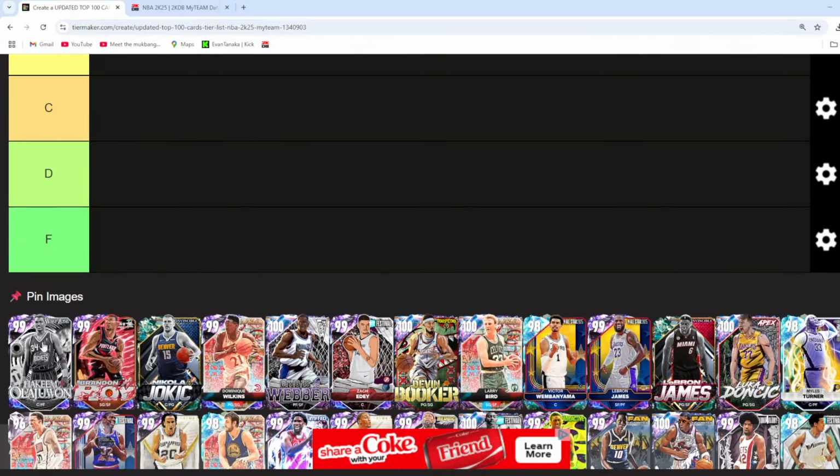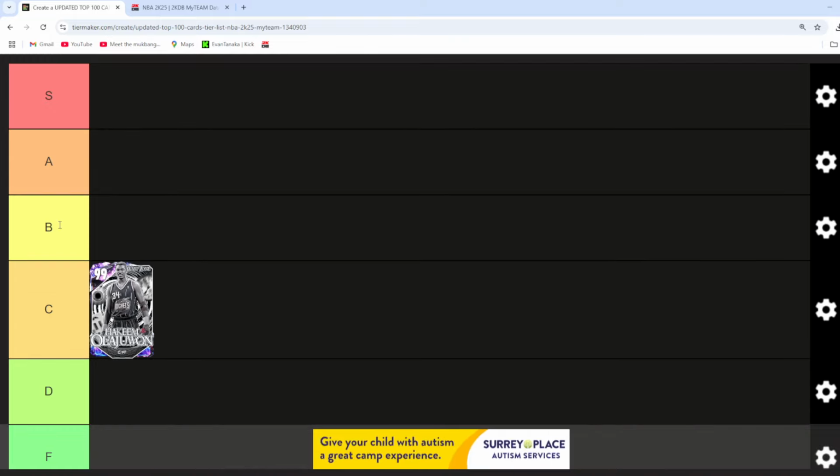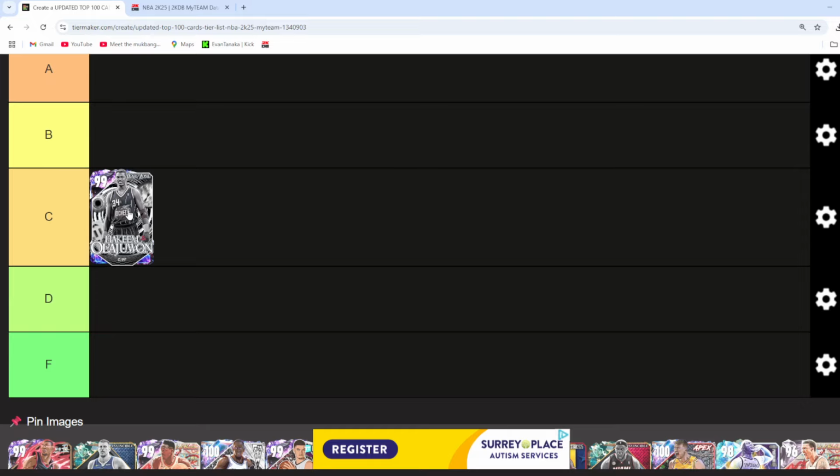So Dark Matter Hakeem, right? To me, this is C tier. Again, is Hakeem a bad power forward? No. Is Hakeem really good? 100% yes. But is he like a top 50 card in this game? I would say no. I don't think he's a top 10 card at his position. I don't think he's a top 10 power forward anymore. I think C tier might be honestly a little bit high for this card,